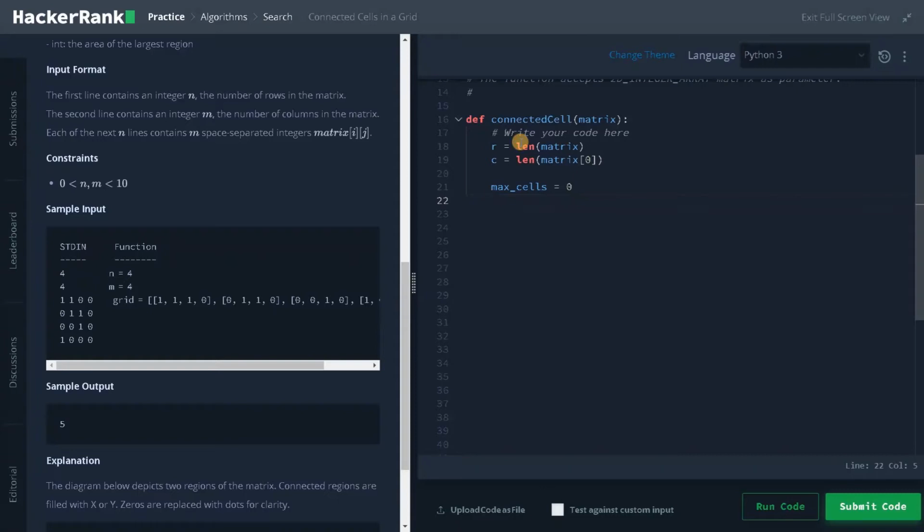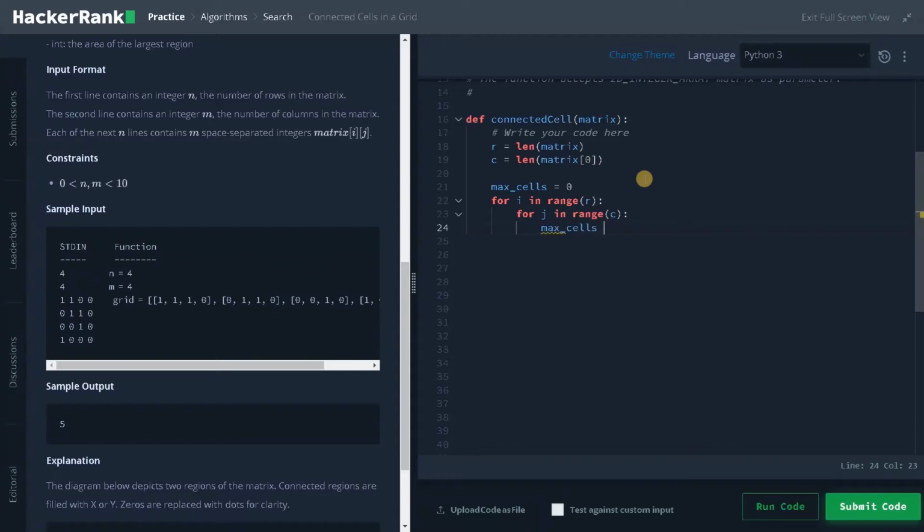So I will define a for loop. For i in range of R and for j in range of C. Inside the two for loops we will define the max cells.